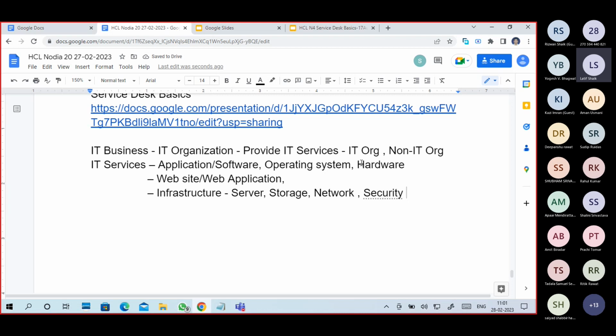They also do physical environment management. Cloud infrastructure is also a cloud service. Infrastructure means data centers, data center management.